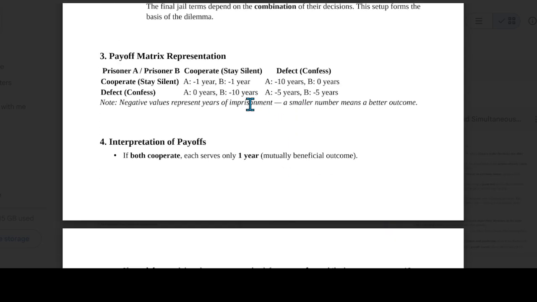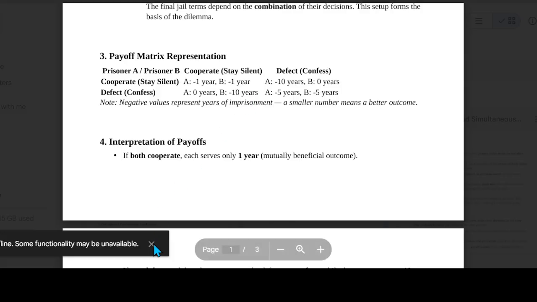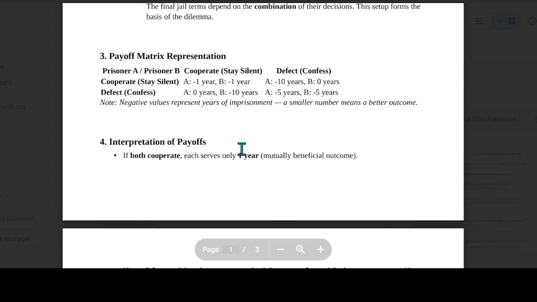Now this defect and cooperate that we are talking about, what is it based on? Basically, there are two players who are apparently very rational and only think about themselves. The thing about them is that they are caught while making a robbery. So now we have seated these two in different interrogation rooms, and they are being interrogated and told that if you cooperate, that is, if you stay silent,